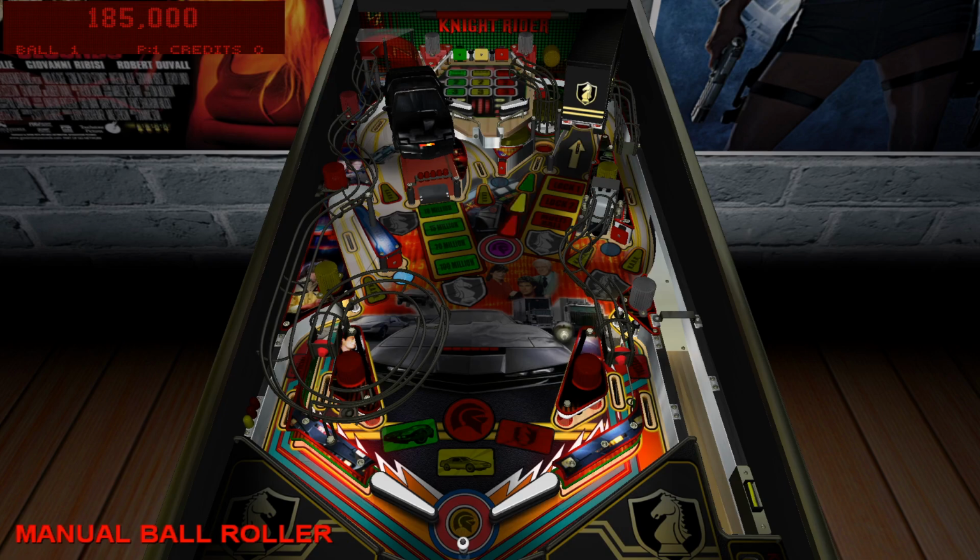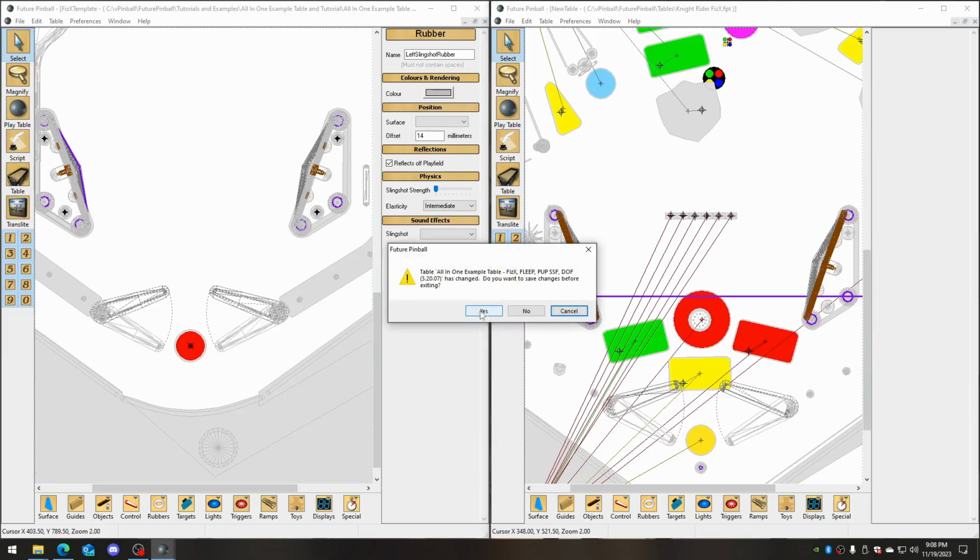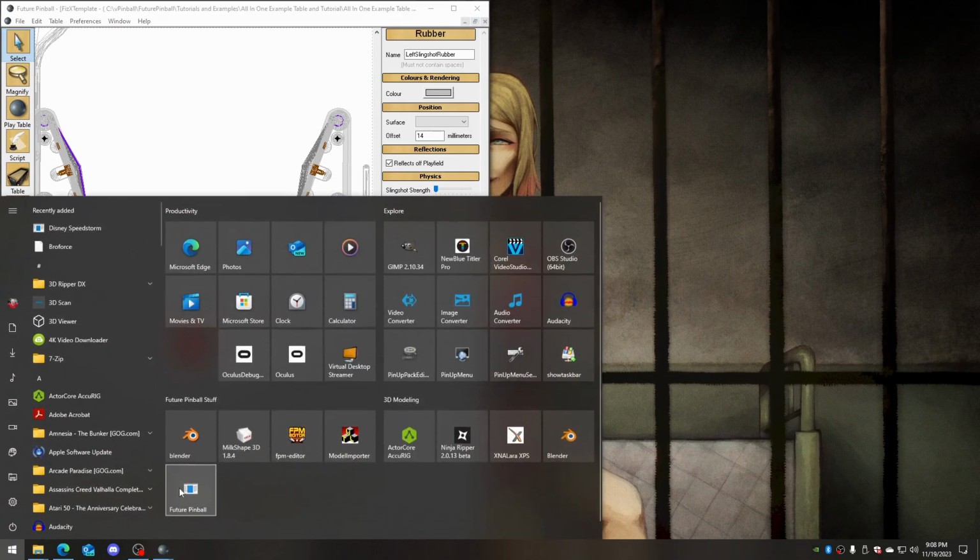But you'll see that now the ball isn't making it go unless it's going fast enough, whereas before in Future Pinball, it would go almost every single time the ball even touched the darn thing. So there you go. It's actually working. So what I'm going to do now is save it one more time. I'm going to reload